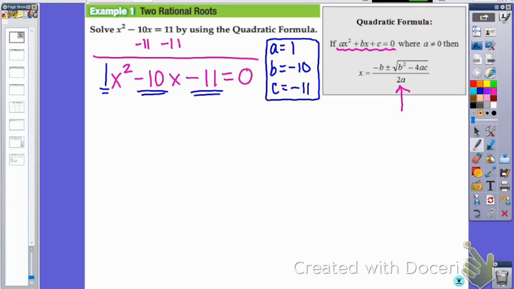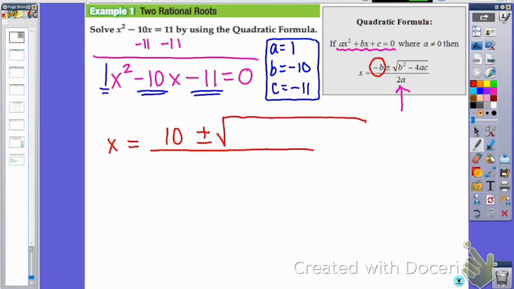Now all we have to do is substitute those correctly into the formula. So this starts with an x equals a big long fraction bar, negative B. So when it says negative B right here, that means a negative of whatever your B term is, and since ours is a negative 10, a negative 10 changes to a positive 10. There's a plus or minus sign in the middle,